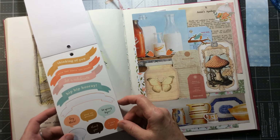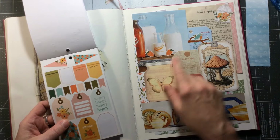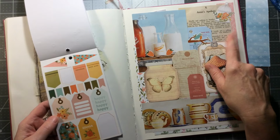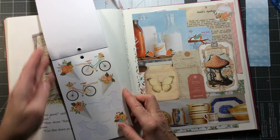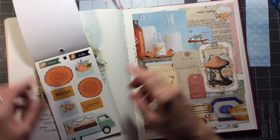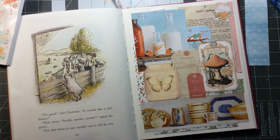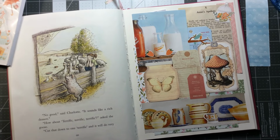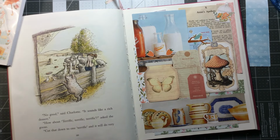And maybe that's it. There's another little tag there. But I think I've done good with the tags. I don't think we need another tag. So, I just feel like, you know what I feel like? If I can't find it straight away, then I will come back. But I feel like it needs a bit of coffee, the coffee stained, and I might have to root for my coffee